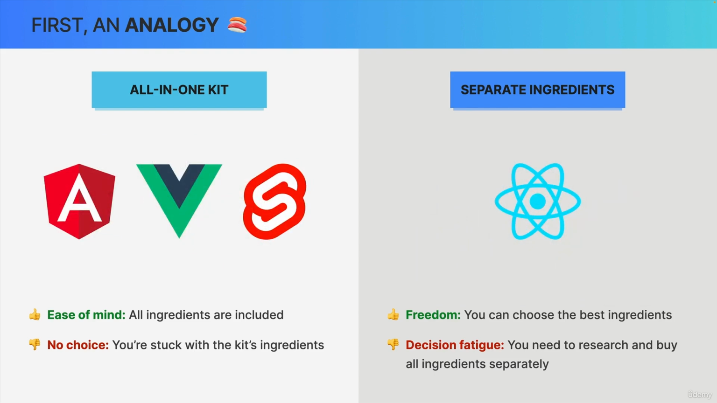So we could describe Angular, Vue, or Svelte, for example, as the all-in-one kit, and React as buying separate ingredients. And the pros and cons of building a web app with each of these approaches are basically exactly the same as in making sushi at home. Okay, but actually let's now replace these terms with their actual definitions and learn what's the difference between a